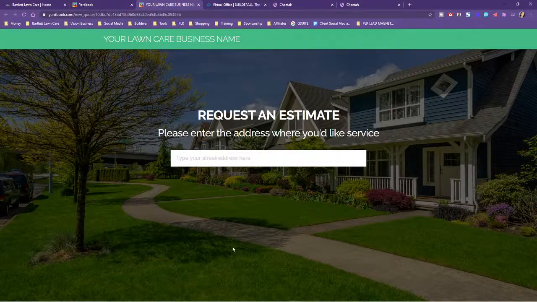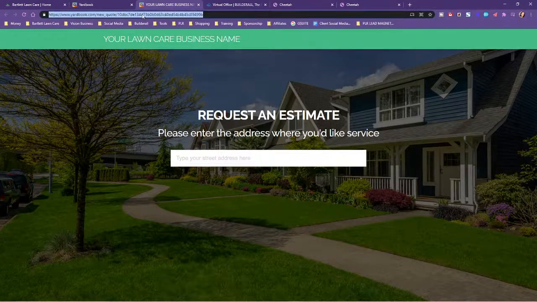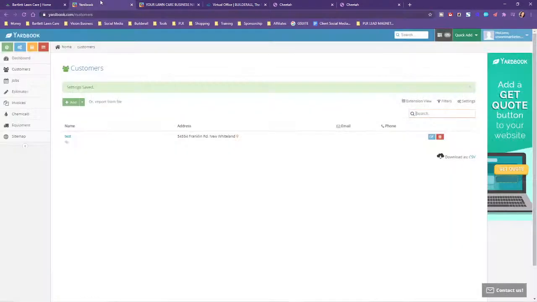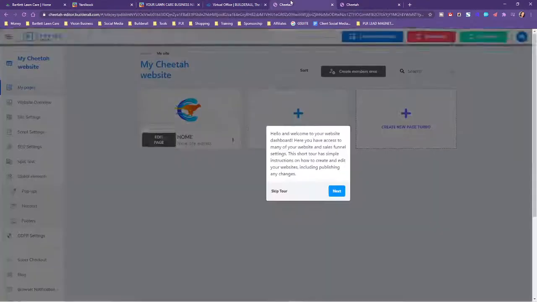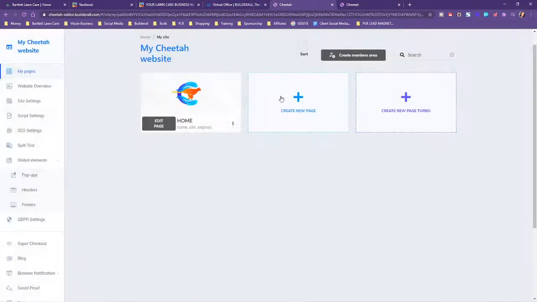All right. So now we have this, and this link right here is the entire estimate process. Okay. You can take this link and embed it into a page, or you could simply click the button. But if you don't embed it into a page, then as soon as they click that button, it's going to have this ugly link. It's going to be outside of their website. So I definitely think that you should embed it into a page. All right. So let's